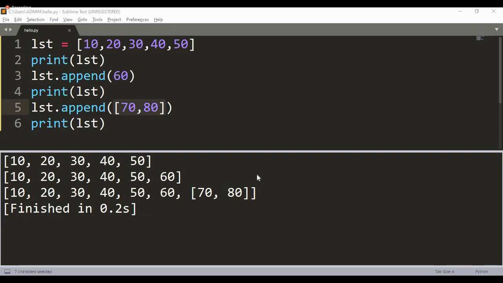comma, the size of the list decreases by 1.